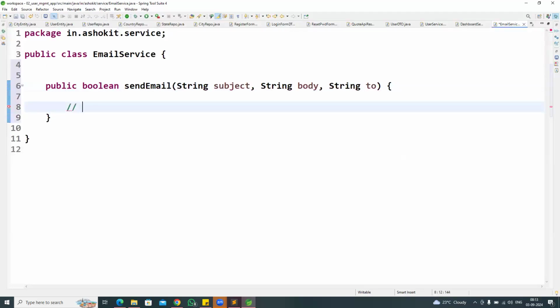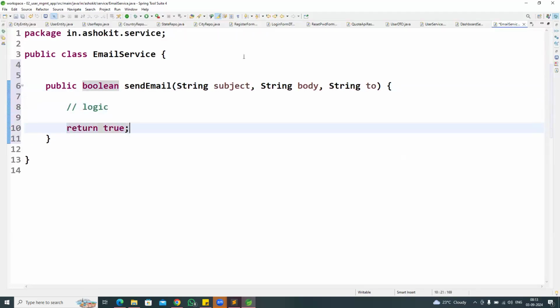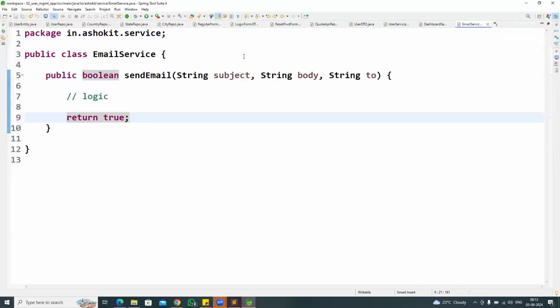So here I will write the logic to send the email later. Then I will return a true or false value. If the email is sent successfully, this method will return true. Otherwise, this method will return false. So these are